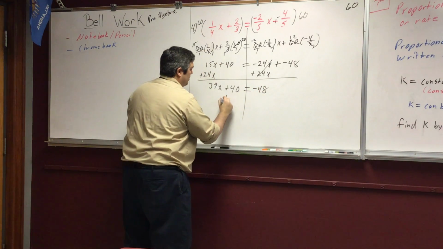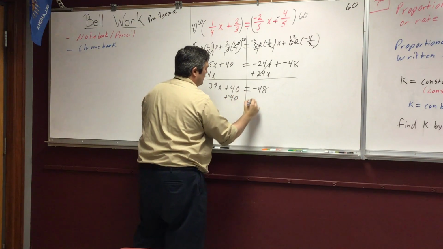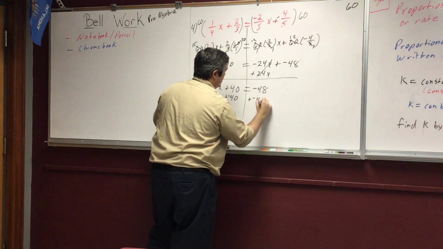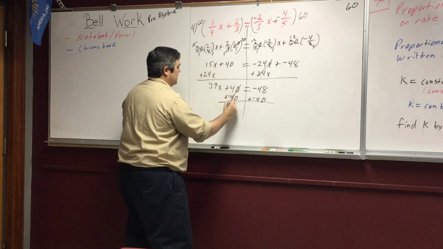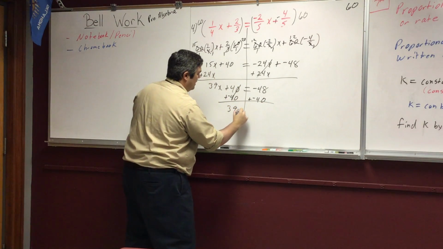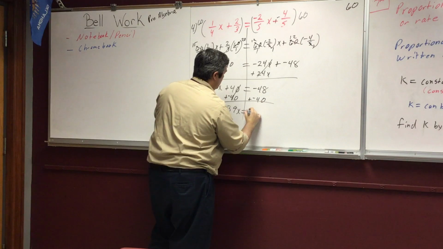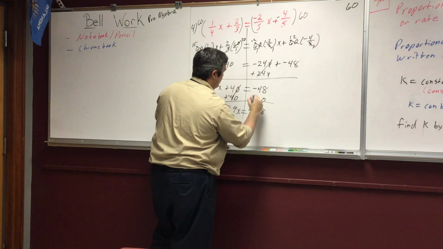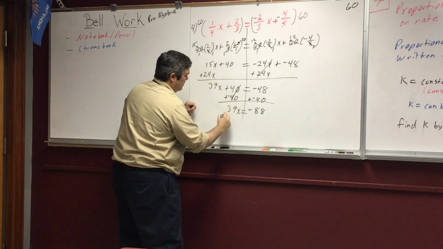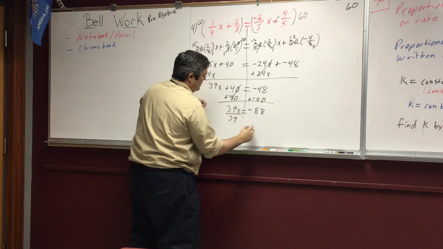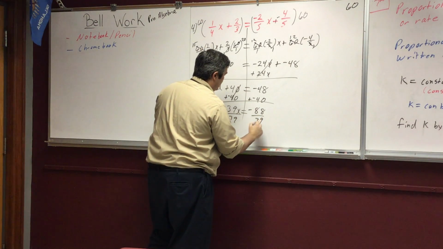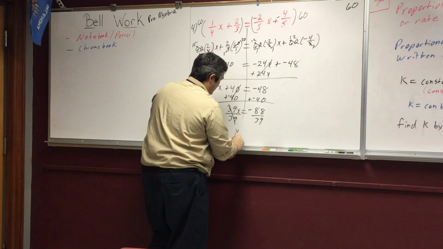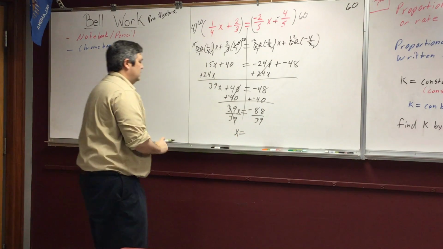Okay, add the inverse. These cancel out, and I got 39x equals -88. Divide by 39. Divide by 39. These cancel out. X equals,